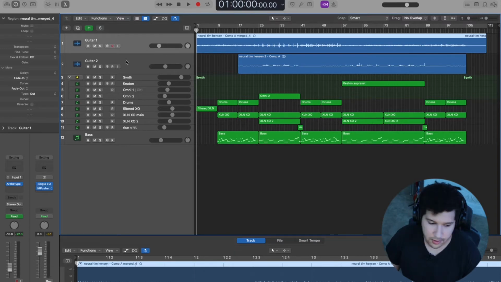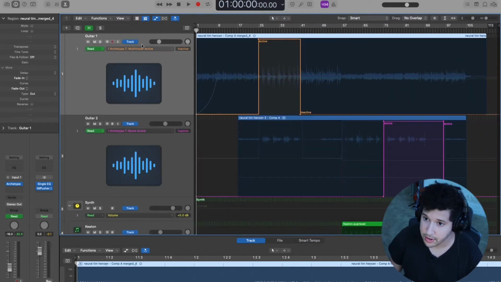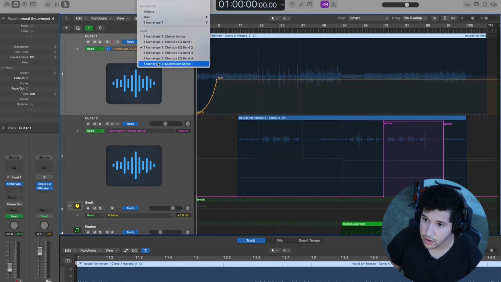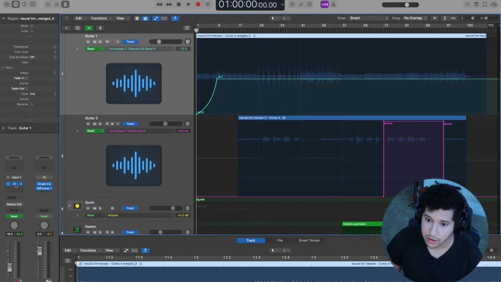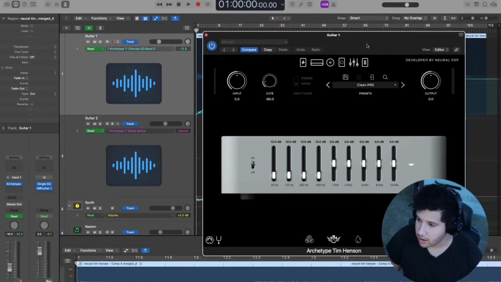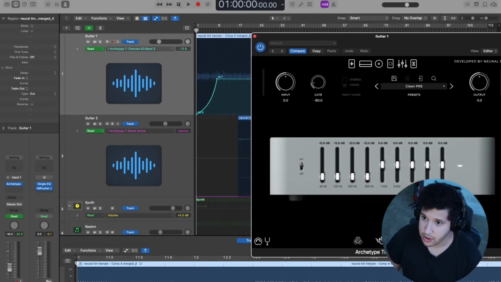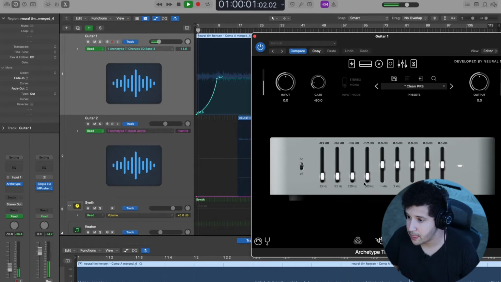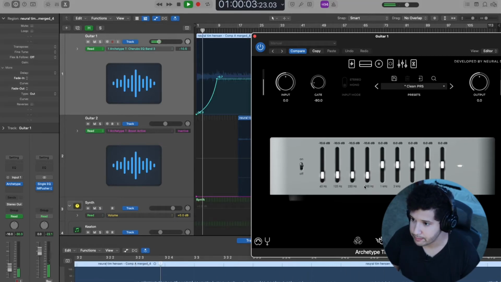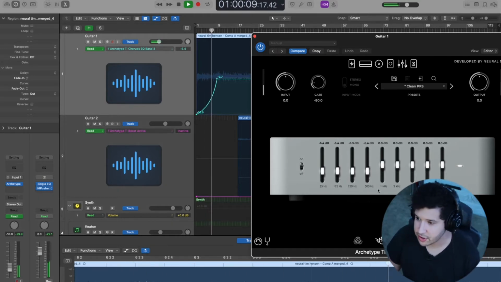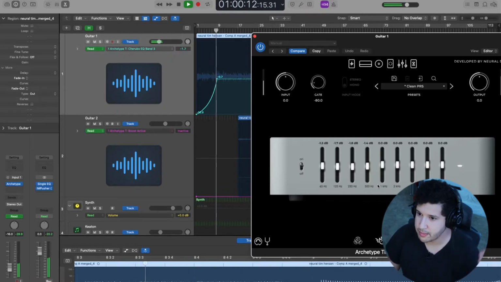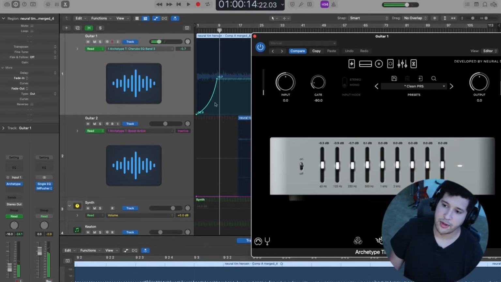So first things first, what I want to show you is the very first automation that I programmed in, which was the little filter. This is represented here with these curves for all of these bands that are associated with the Archetype plugin over here in this EQ section. So if I press play, you should see this moving automatically. So everything from 65 Hertz to 500 Hertz is slowly rising up right here, and it drops,